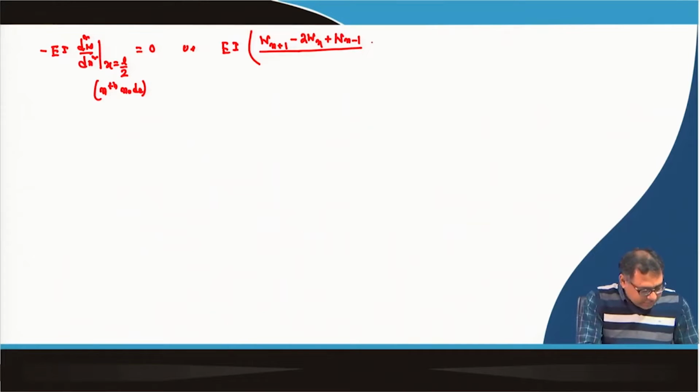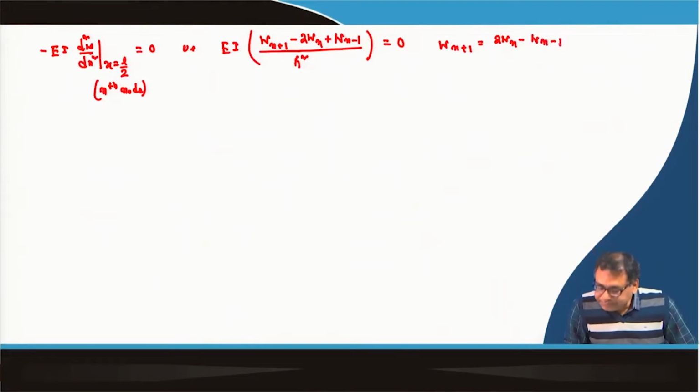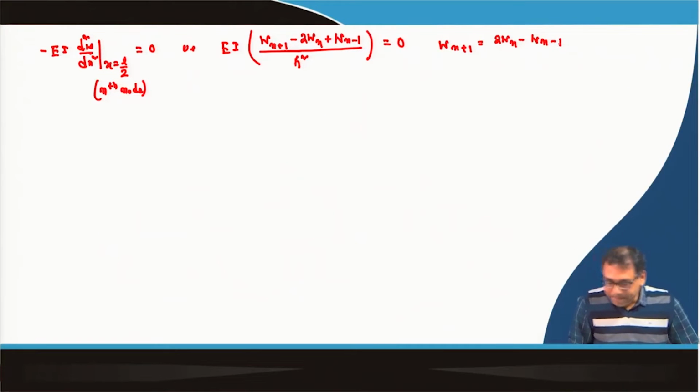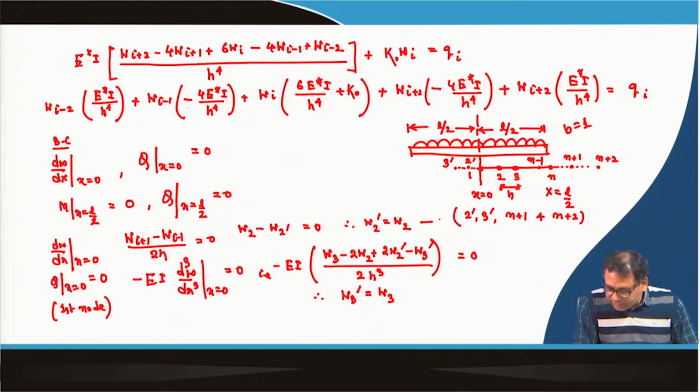Okay, so this is equal to 0. So, I can write w n plus 1 equal to 2 w n minus w n minus 1. Okay? So, this is another condition. So, we have say 4 conditions. This is the first condition, this is the second condition,